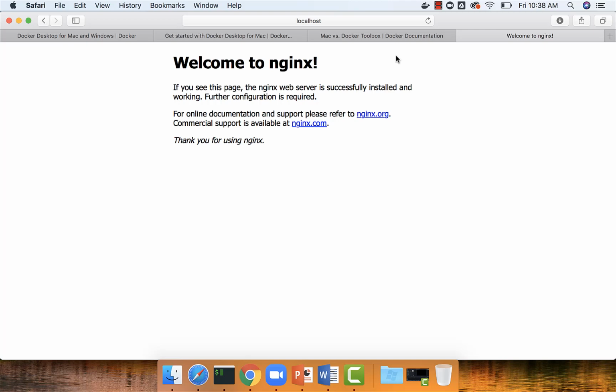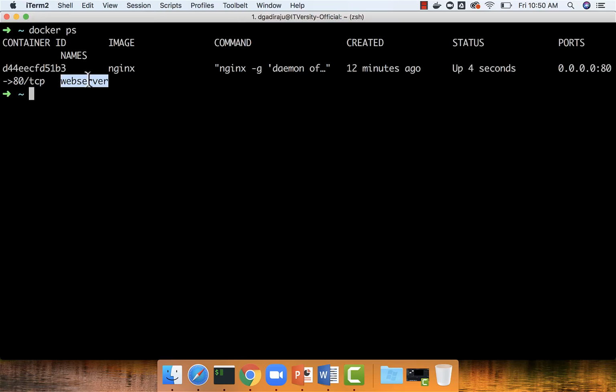However, there are many things which you need to learn with respect to Docker, and we will see those details as we proceed further. But for now, I just want to clean up this container which is named webserver. This is the ID, this is the name of the container, and the image that is used to create the container is nothing but Nginx. So a container is an instance of an image. If we want to remove the image, first we have to stop the container and delete the container, then only we should be able to remove the image unless we use force.